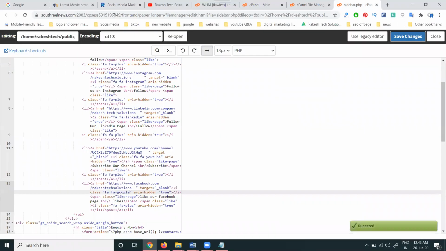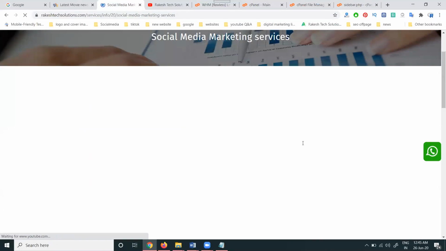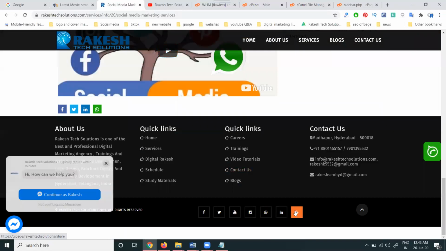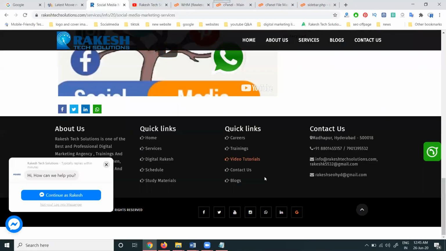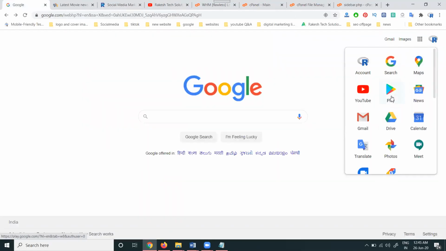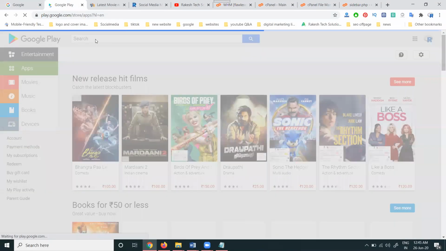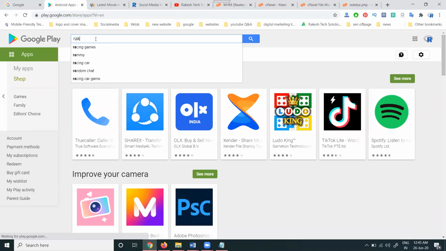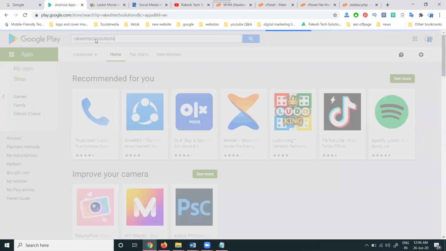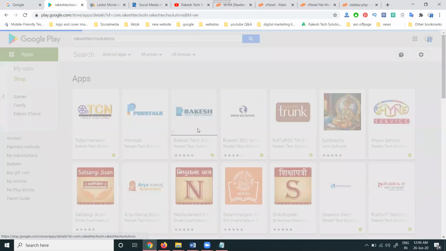Google. They're showing G. G is nothing but Google, your particular app link. It is not showing for the app link, it's showing the map option here. I can add the Play Store link. Select apps here. This is a compulsory mandatory field, we can add it to your particular website to increase your social media followers.